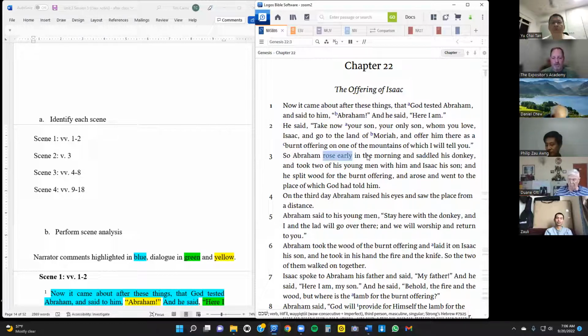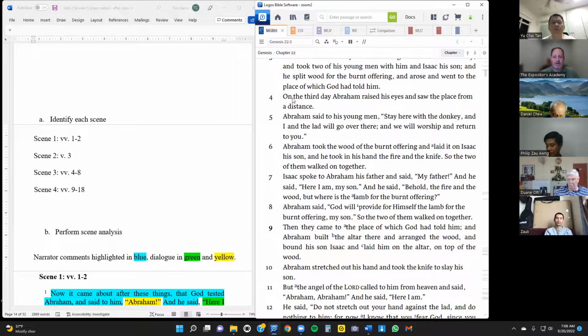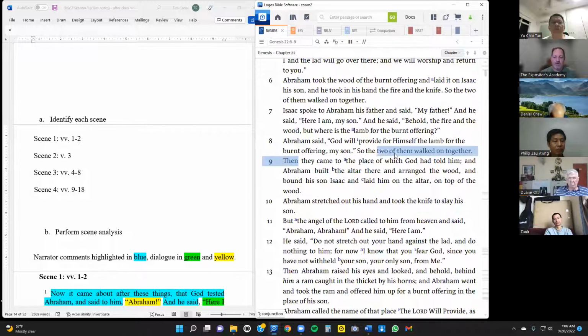when Abraham rose early in the morning, gathered supplies, and Isaac and left. And then the next scene begins in verse 4. Notice where it says on the third day. So now Abraham has left Beersheba. He's on the third day of his journey to Mount Moriah. And we notice that he's coming towards the place, coming towards Mount Moriah. So that's scene 3. And then scene 4 begins in verse 9, where they're actually now at the place God